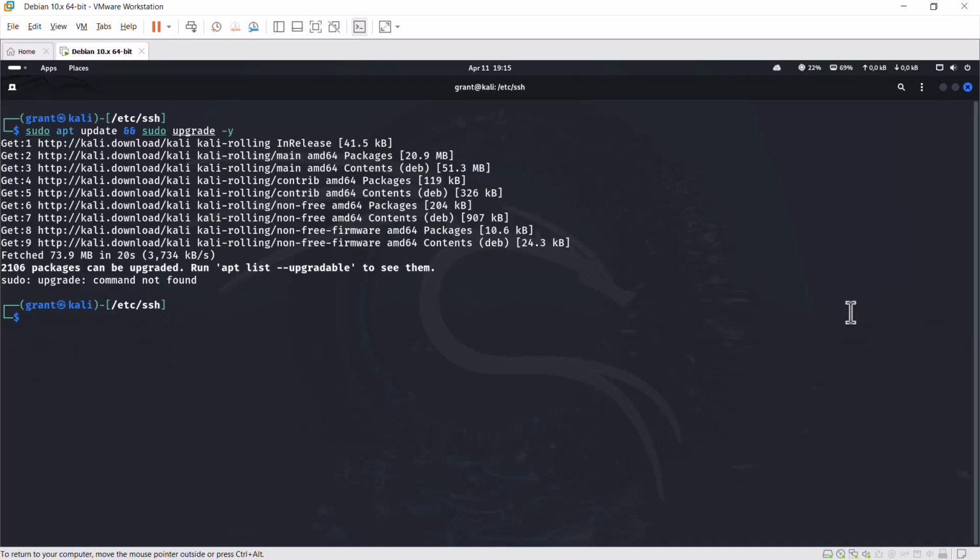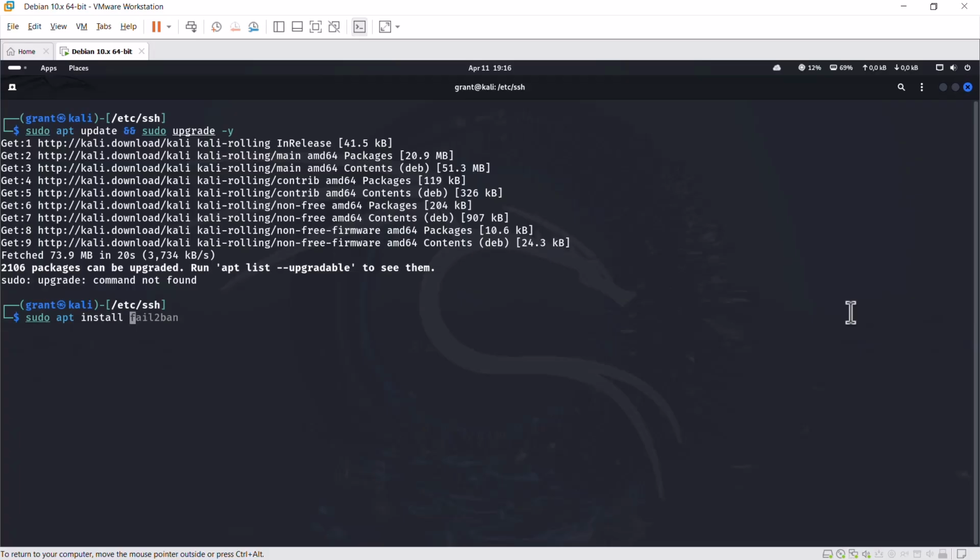What we can also do is use unattended upgrades. I've created an article on this before. It's essentially creating a cron job, and a cron job, as we know, is a scheduled task in Linux. To install unattended upgrades, which will automatically update and upgrade your system, you can just use your package manager. So in my case, it's apt. So sudo apt install